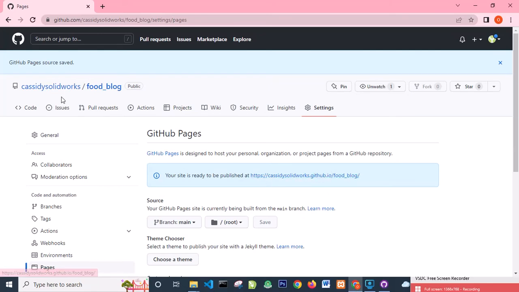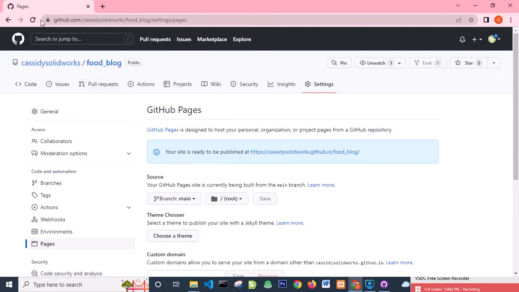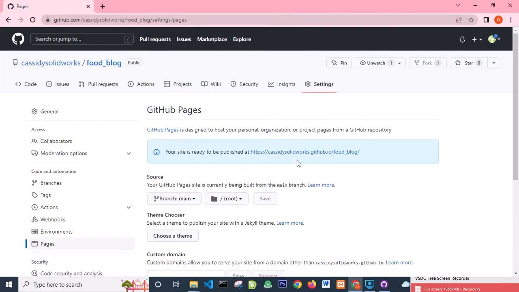So what you need to do at this point is to refresh the page. Refresh it one more time. Now you will keep refreshing the page until this turns green,